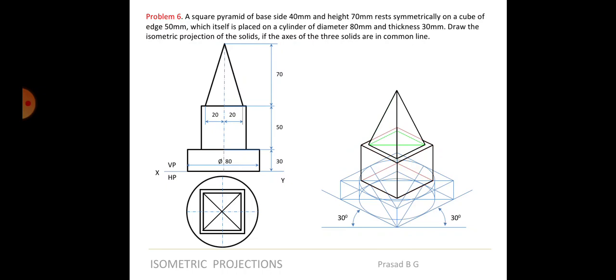Now we have to see the last one, the cylinder. What portion of the cylinder will be visible? Whatever is coming inside the cube will not be visible, right? A small curve starting from outside the cube, from there this entire ellipse is visible till here, till it touches the cube. So this portion will be visible, this line will be visible, from here this will be visible, but the inner circle beyond this line will not be visible, right?